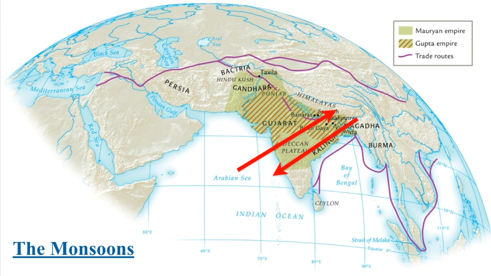This is known as the monsoons or the monsoon seasons that happen during this time. Now with these winds, you're able to harness the wind, move your stuff up and down the coast of India during the Indian Ocean Basin. And as you can see, the purple trade routes actually help in the Bay of Bengal, moving it to the east if needed. And many of these seafaring peoples were able to move their goods all the way from India to China and back.